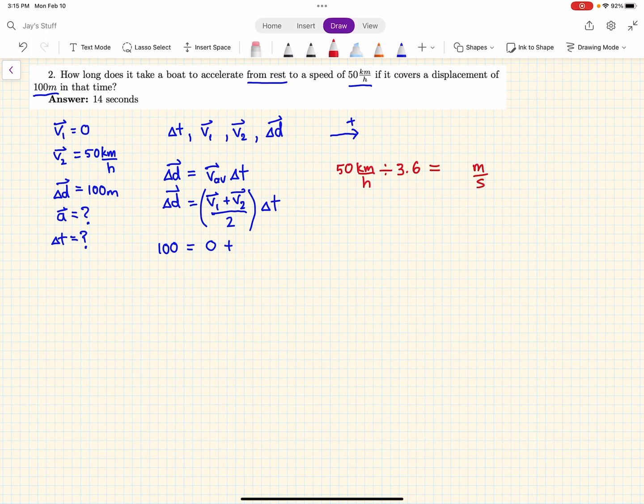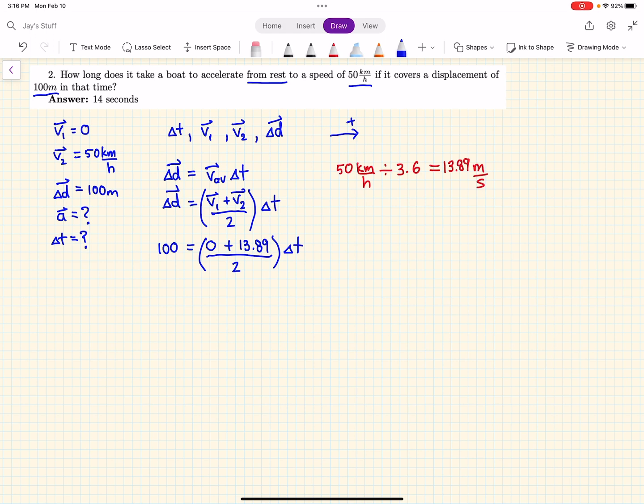So that is 13.89 meters per second. I'm keeping some extra digits so that we just round at the end to keep our answer as accurate as we can. So now let's put that number in. V2 is 13.89 meters per second divided by 2